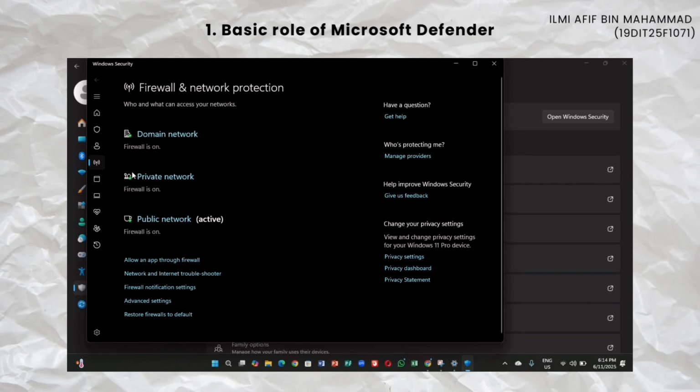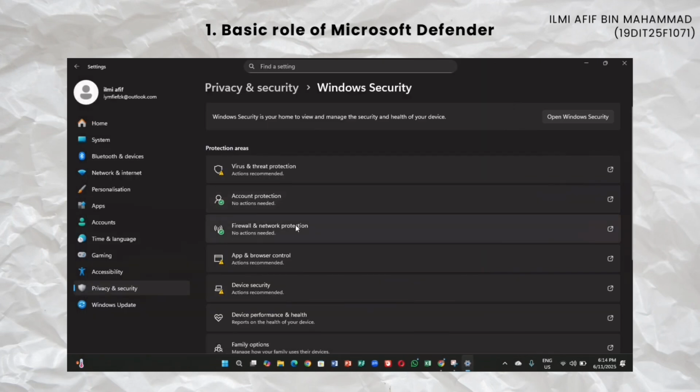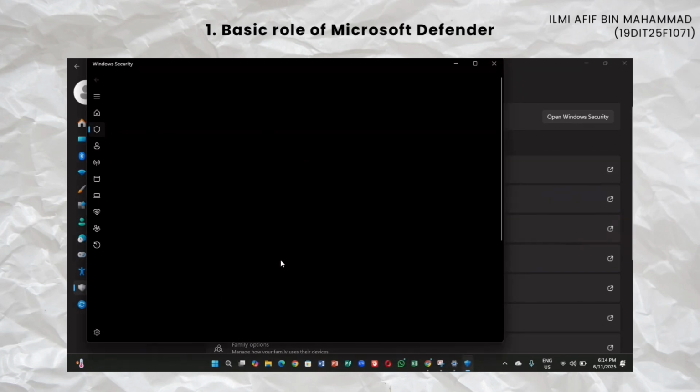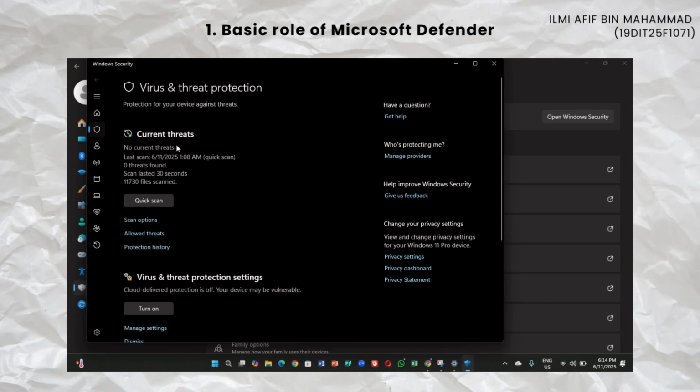there are many features in the firewall and network protection. You can see how it helps to protect your Microsoft Defender. So click the virus and threat protection, and also you can see